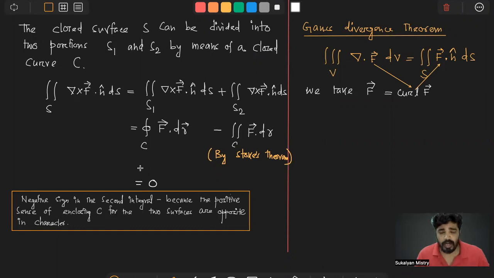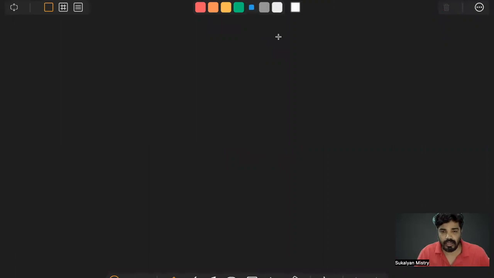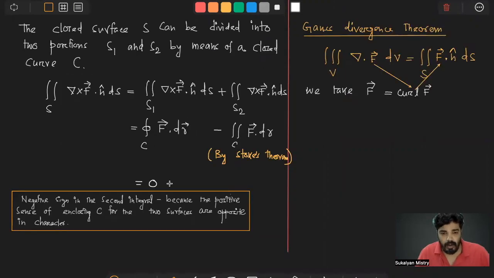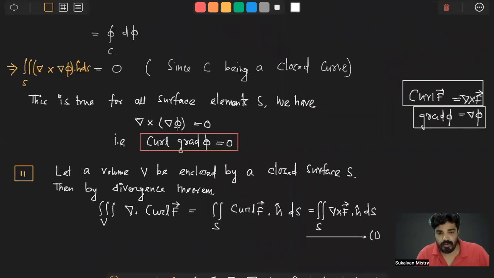Okay, so therefore from 1 we get double integration over S del cross F dot n dS, so that is equal to 0. So ultimately we get triple integration over V del cross curl F,